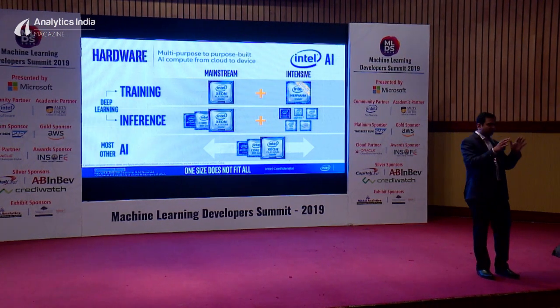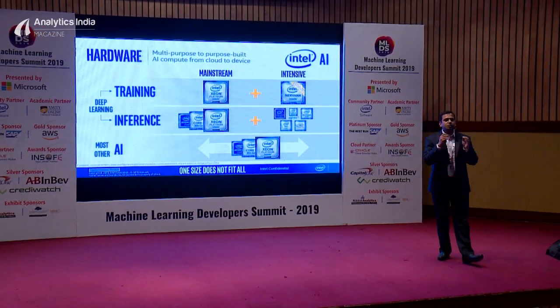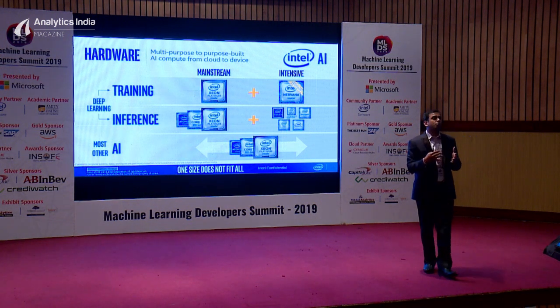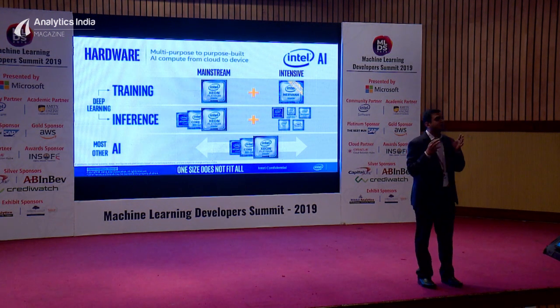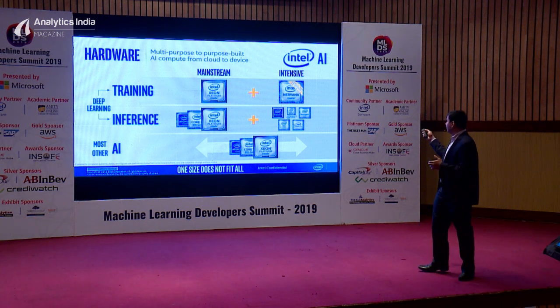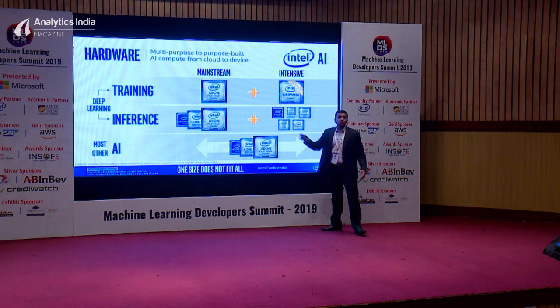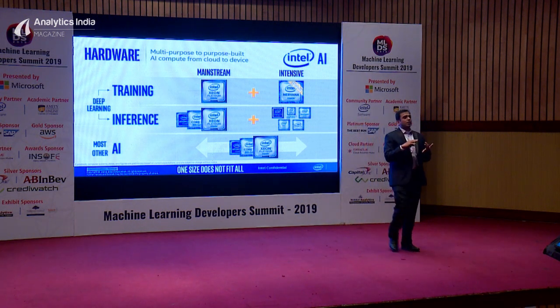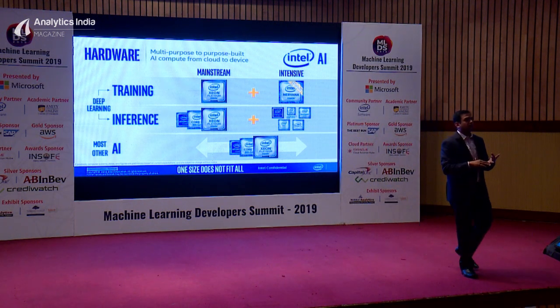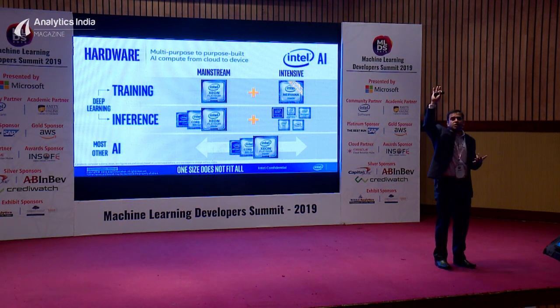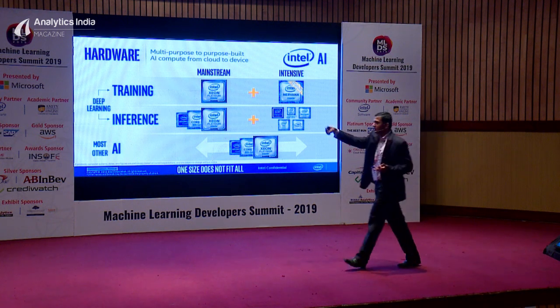So that's one thing at a very, very high level. If you want to just do normal inference, that's good enough. If you say, hey, I have specific workloads and some specific vision requirements, that's when you have these different accelerators. So we start with FPGAs. We acquired a company called Altera 2 years back, so that's coming from there. And then Movidius. How many of you are aware of Movidius?